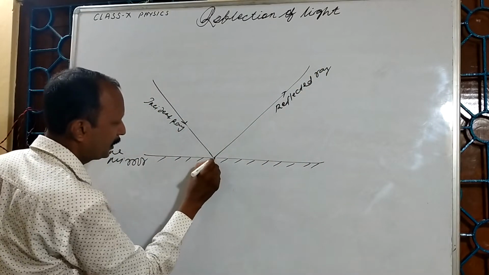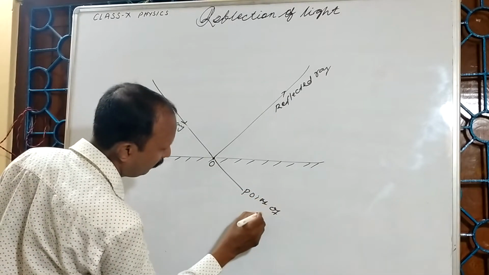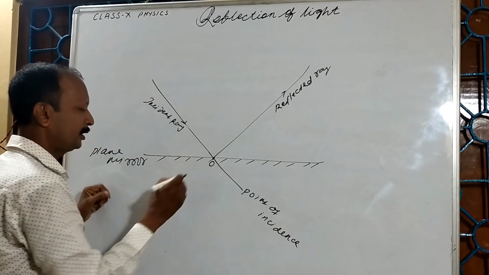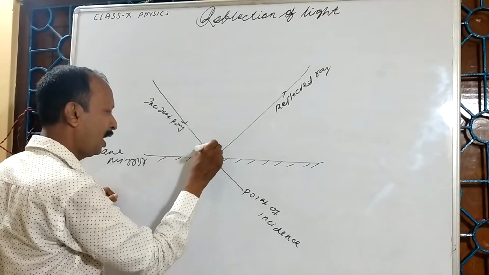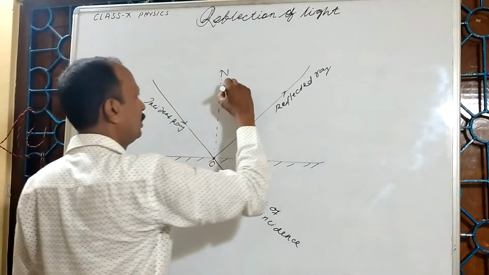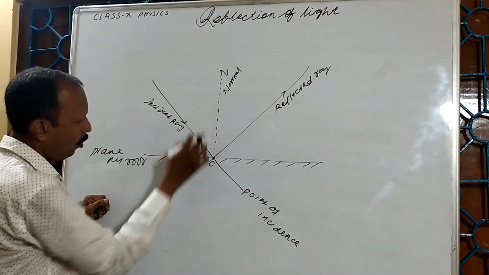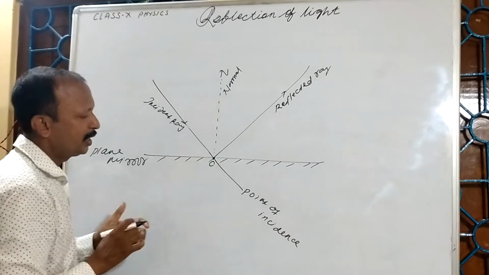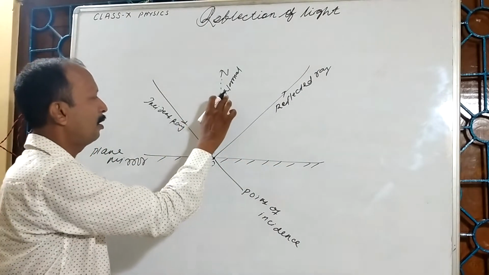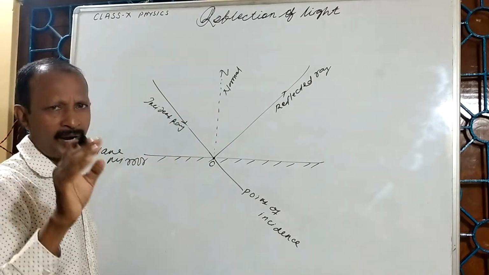This point is the point of incidence. At this point, if I draw one normal, this is the normal, ON is the normal. That means ON is exactly perpendicular to the smooth surface or the plane of the mirror. So this is the normal, this is the incident ray, this is the reflected ray, which you might have studied